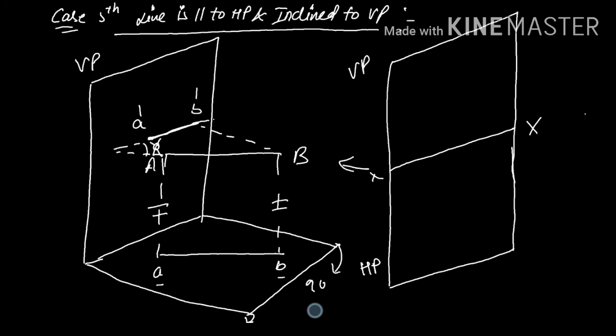ठीक है. Okay, so line was inclined to VP. अब VP के साथ एंगल है, लेकिन एंगल मुझे दिखेगा कौन से प्लेन में? अगर ऊपर से देखूंगा ना तो ये एंगल मुझे HP में दिखेगा, है ना. ये देखिए, ये एंगल मुझे HP में दिखेगा. ठीक है, क्लियर है. तो व्हाट वी डू, वी इनिशियली ड्रॉ अ लाइन. ओके, वी इनिशियली ड्रॉ अ प्रोजेक्शन. हम कौन सी प्रोजेक्शन ड्रॉ करेंगे? HP के अंदर, क्योंकि लाइन जो है वो पैरेलल टू HP है.